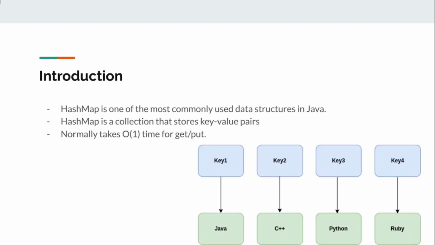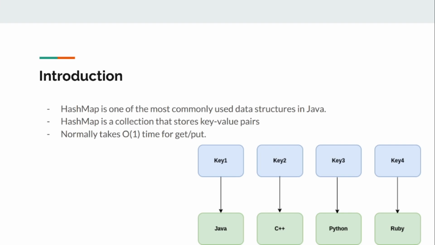Now, what is a key value pair? Let's understand with the help of an example. Let's say I want to store programming languages in Java. So how can I store it? In this way, right? Here key one has the value Java, key two has the value C++, and so on. So a hash map is a combination of two things, key object and value object. Here key objects are key one, key two, key three, which are strings, and values are Java, C++, Python,